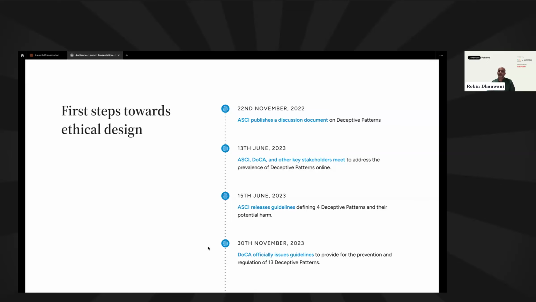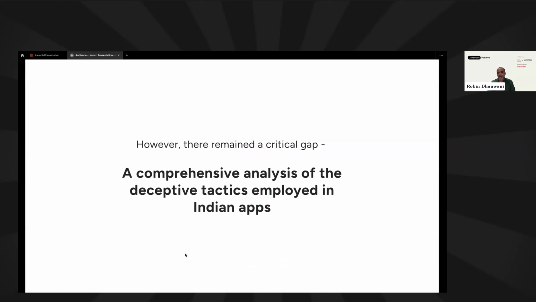And now what we thought is that, okay, the guidelines are out. It's something that the entire industry is expected to bring together. But are they empowered to do that while minimizing any impact to the business, right? So sometimes what I feel, in fact, as a designer as well, is that many of these so-called deceptive patterns are not always intentional. They happen in the drive to drive business growth. But can we create a comprehensive resource? Can we come up with solutions that can support the entire industry in adopting more conscious design choices and ethical design practices, while not compromising and affecting business metrics and the goals that they're after, right? And that has been the endeavor.